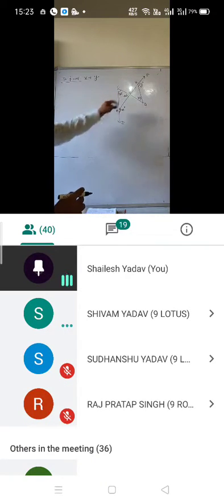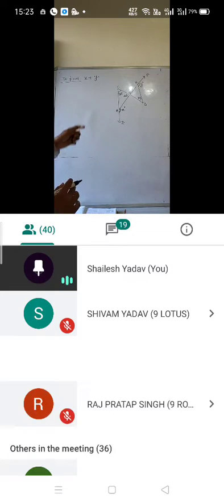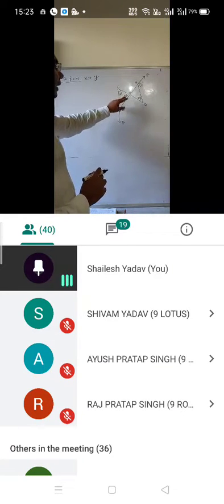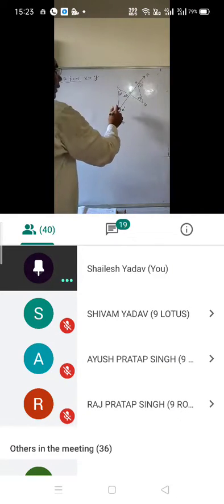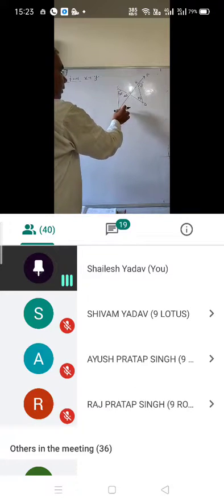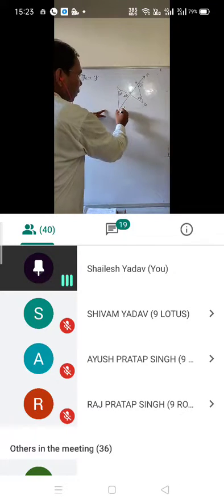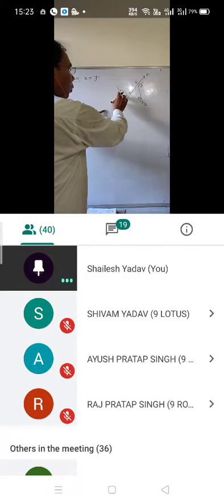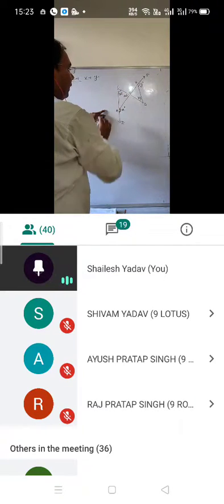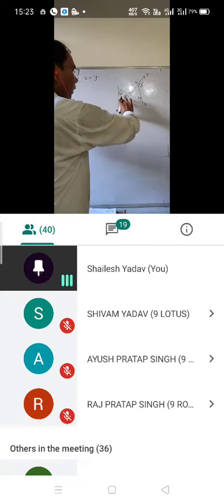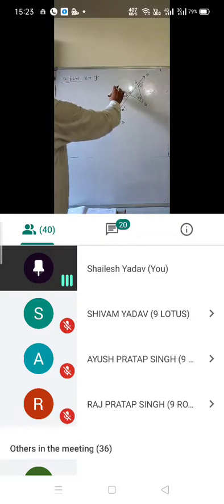That will be 80 plus 40, by the exterior angle property. So if in a triangle one side is extended, whatever exterior angle is formed is equal to the sum of the opposite two interior angles. You can apply that property, or you can apply the simple angle sum property of the triangle.